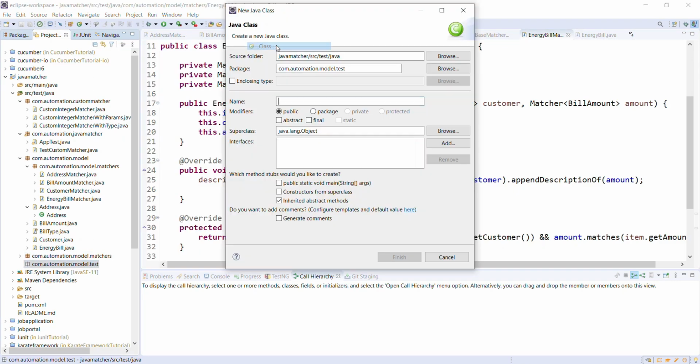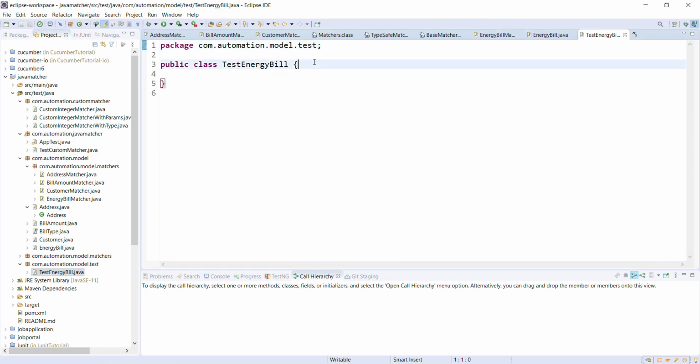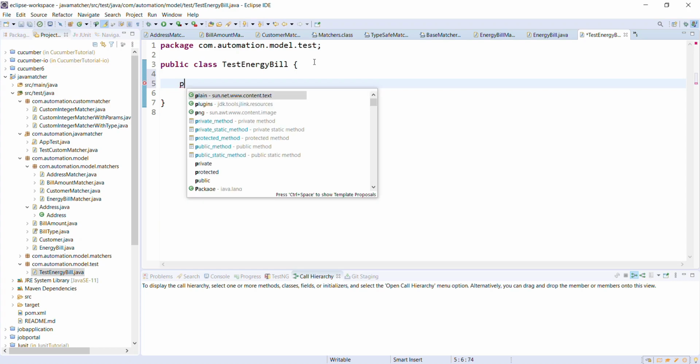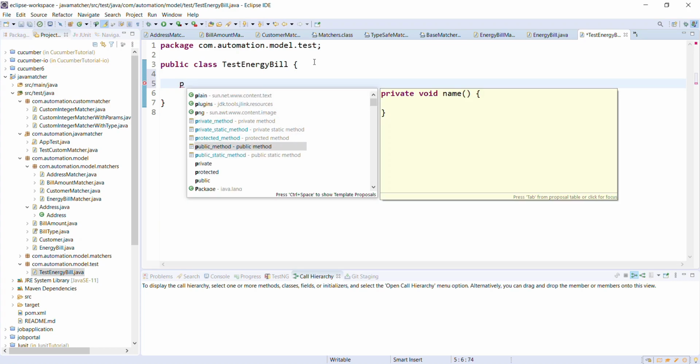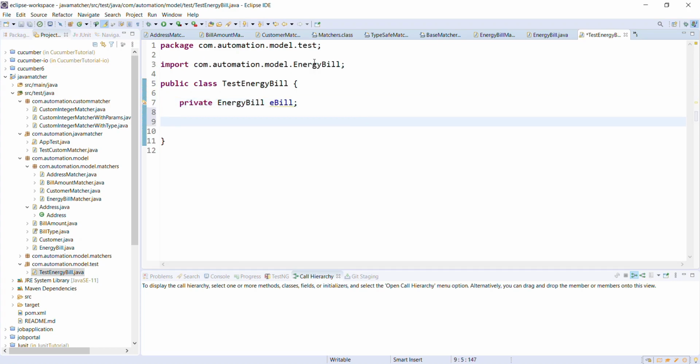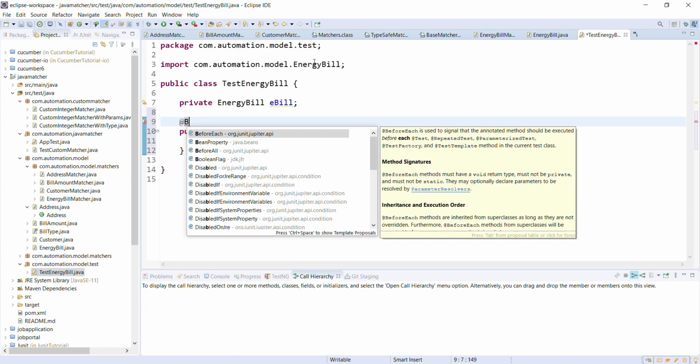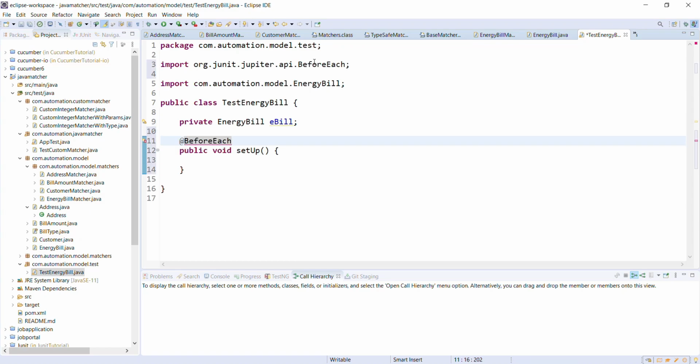So let me add a new class called TestEnergyBill. Let me create a private variable of type EnergyBill. Then I will create a setup method where I'm going to initialize this object. And the annotation which I'm going to use with this method is @BeforeEach.